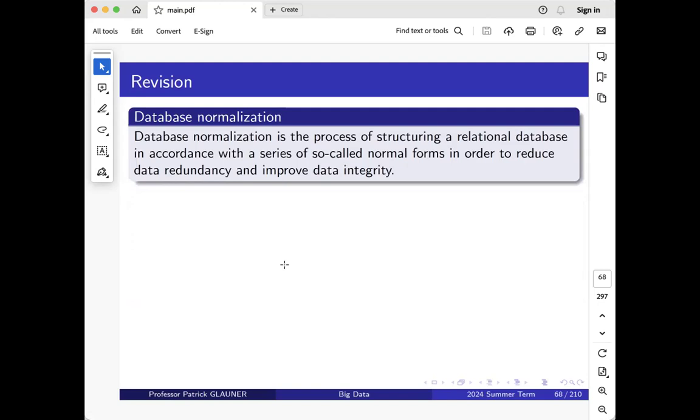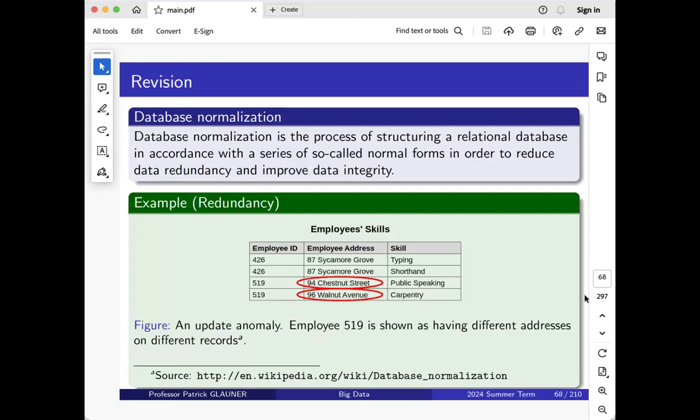And then another important term is database normalization. Anyone remembers this term, normalization? Maybe raise your hand if anyone remembers this. Okay, do you also know what it is? Okay, we can, for example, look at this